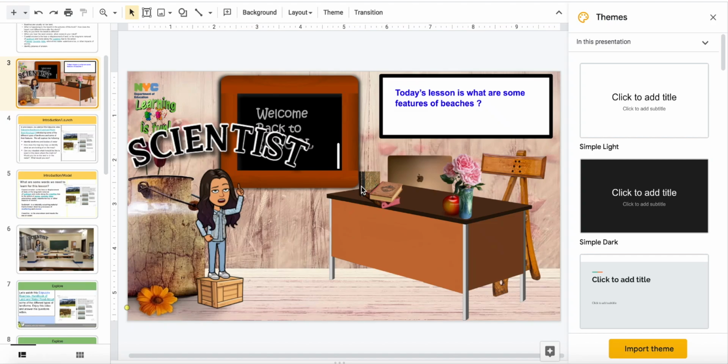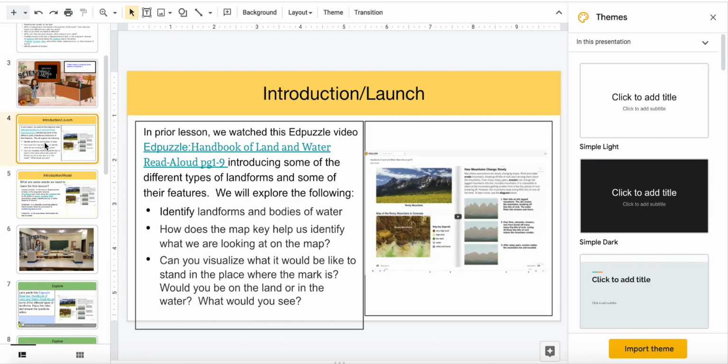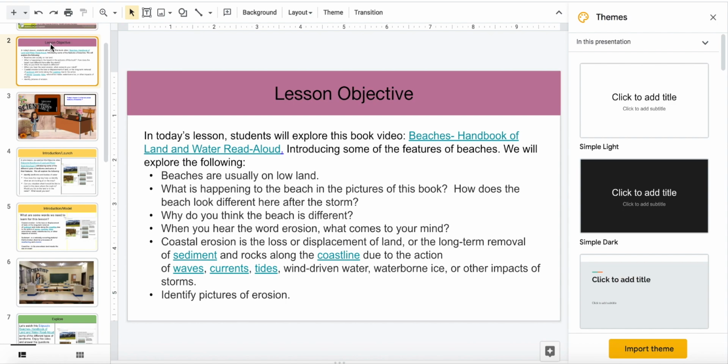Today's lesson is what are some features of beaches? In today's lesson, you're going to be exploring a video on Handbook of Land and Water, and you will learn some features of beaches. Beaches are usually on low land, and coastal erosion is the loss or displacement of land